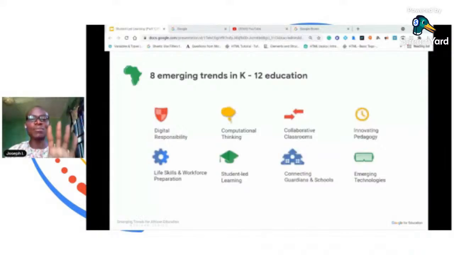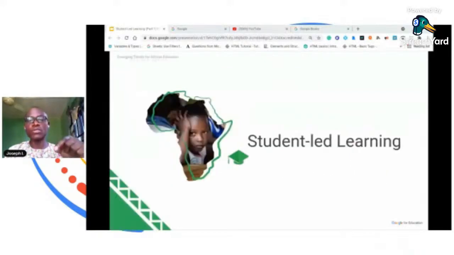These are the 8 emerging trends in education, and today's session is the fourth of the 10-part series on these trends. You can read more about these trends in the Future of Classroom reports. Our focus today is student-led learning, and is split into 2 sessions. This is the first session for student-led learning, and we hope to see you in the next session in 2 weeks. But the question is, what are the driving factors behind this emerging trend in education?